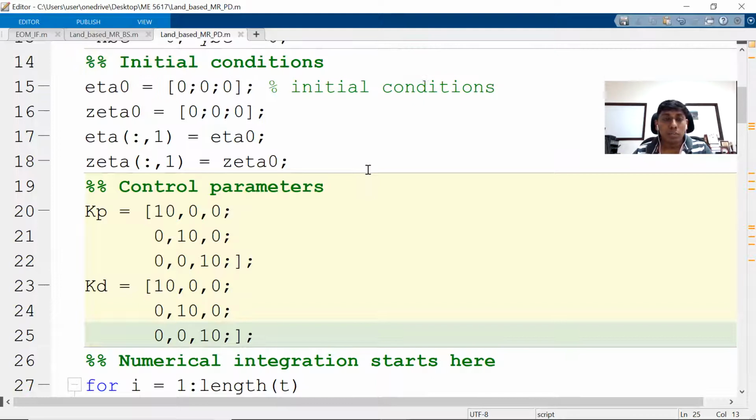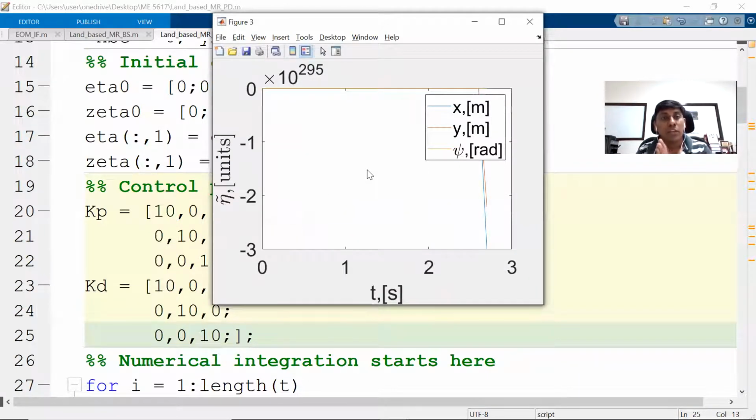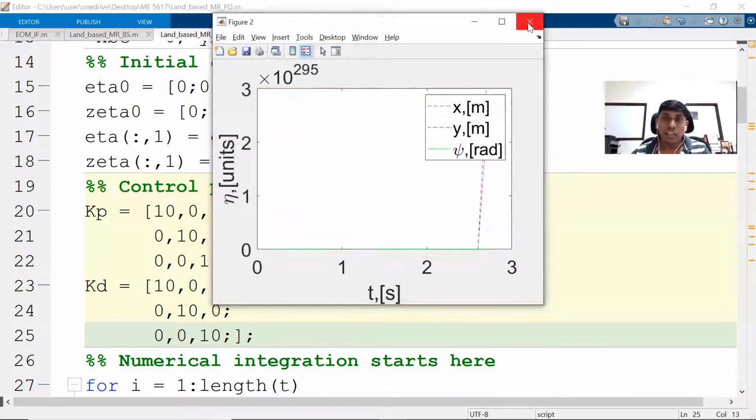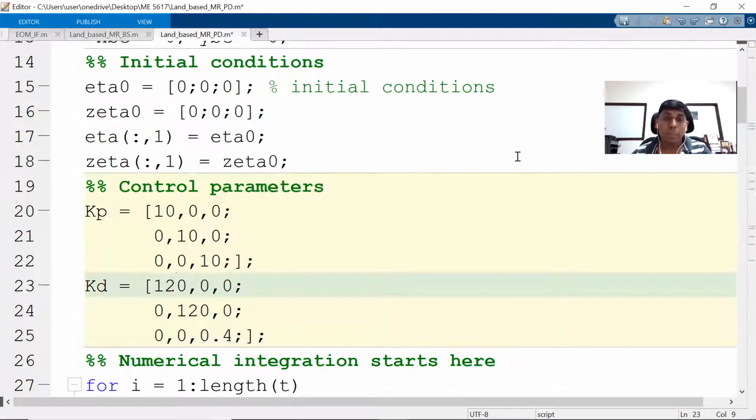Now you can see it is unstable, right? Because the derivative is not controlled, and the open loop system itself is unstable, and this closed loop is also made unstable. So there is no direct realistic choice here, because the position has a different weight: the inertia matrix is at 30 kilogram, whereas the inertia is 0.1, so you can see there is a difference, right? That's why the control gain choosing is very peculiar.